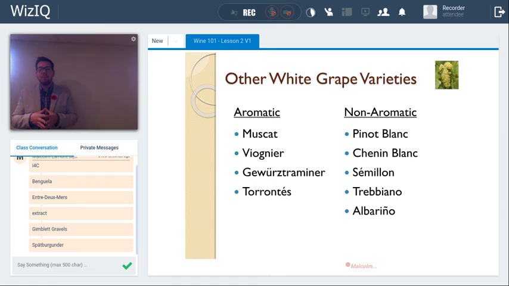So among some of these major grape varieties that are outside of the principal 8 we've looked at today, I've grouped the white grape varieties into aromatic and non-aromatic. So if you picture the tendency for the wine to really jump out of the glass, maybe with floral or fruit aromas, the aromatics include Muscat, which is actually a Muscat family. There's Muscat Blanc à Petits Grains, as well as Muscat of Alexandria, with many synonyms throughout, especially in the Mediterranean, where it's widely grown, the Mediterranean basin, as well as Muscat Ottonel in some